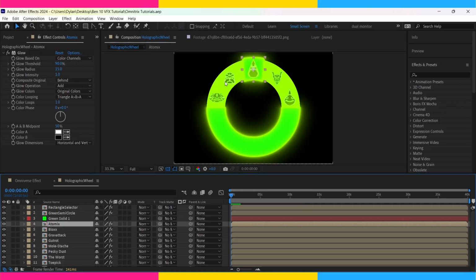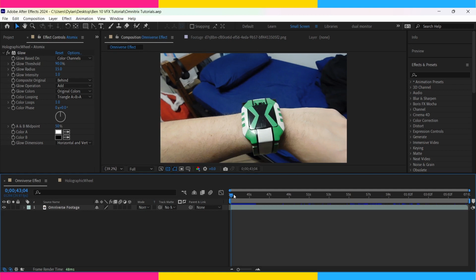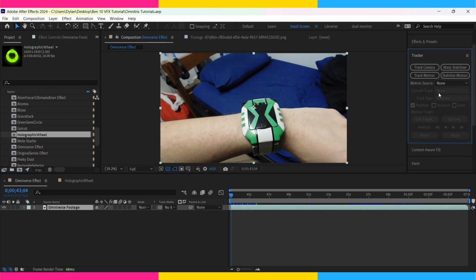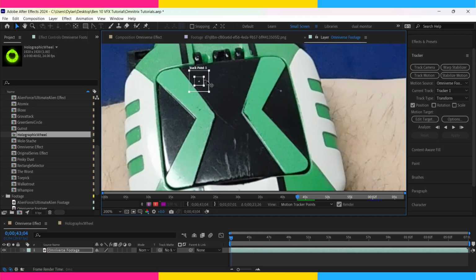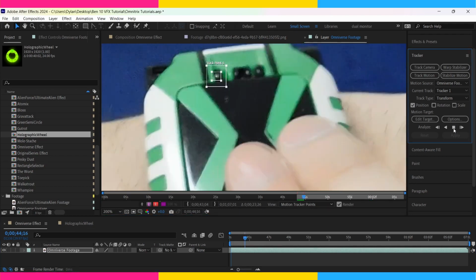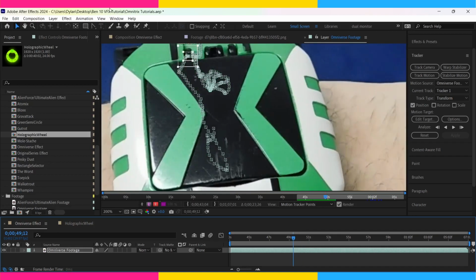Now we are going to end up animating the heads moving throughout the wheel, but first we're going to go back to our original clip, and we're going to take our original footage and track it real quick. So go to tracker, track motion. Now we're just going to want to find a point that'll be easy for us to track throughout the clip. I'm going to go ahead and pick this little area where the paint has chipped, and we're just going to lay through. Alright, now once you have your point tracked, we're going to go to layer, new, and